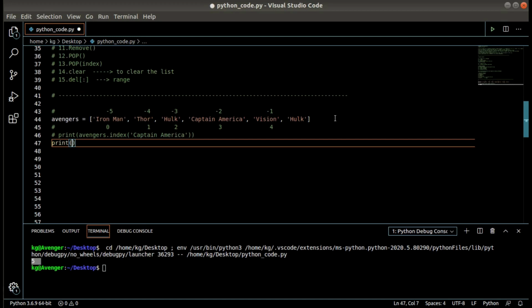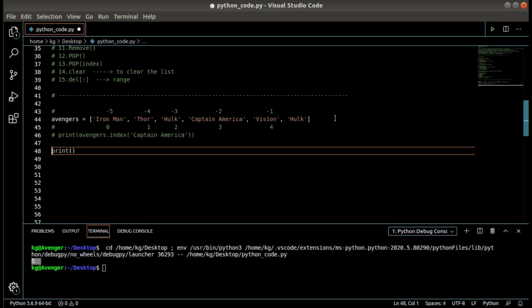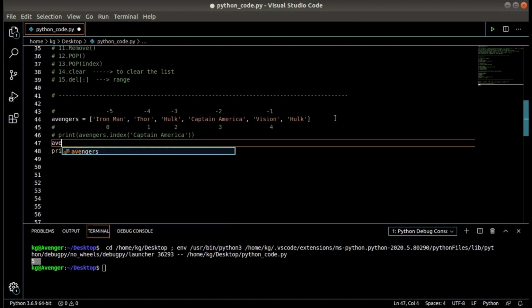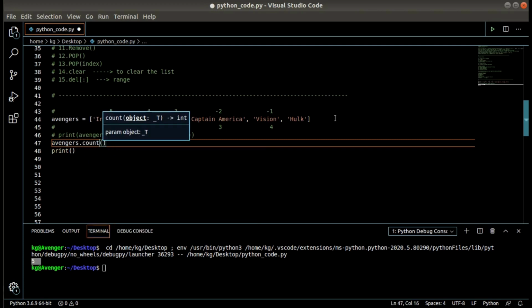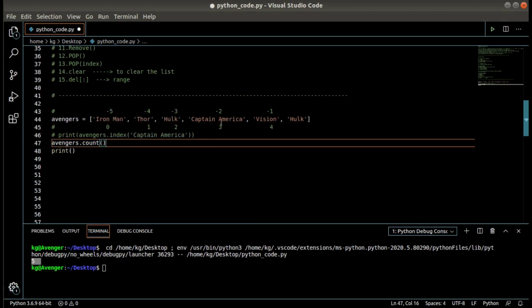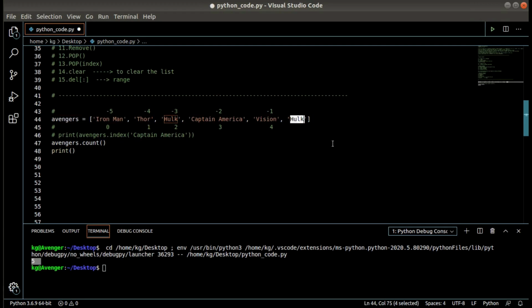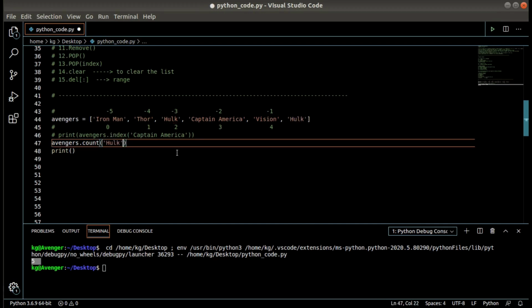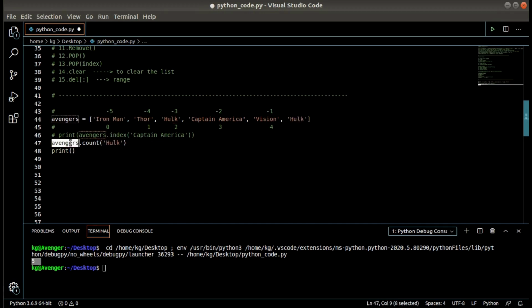So we can simply do list name, I'll write the syntax over here, Avengers list name dot count. In the parentheses I just have to write the item name, that is Hulk. Control V, and I'm printing this out.